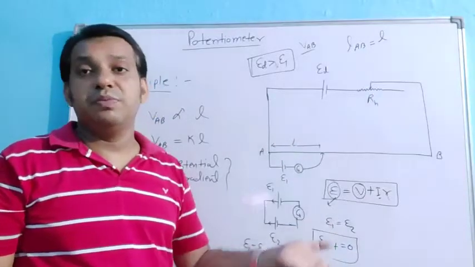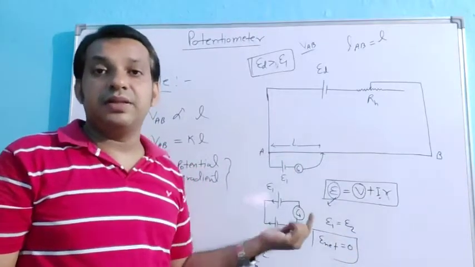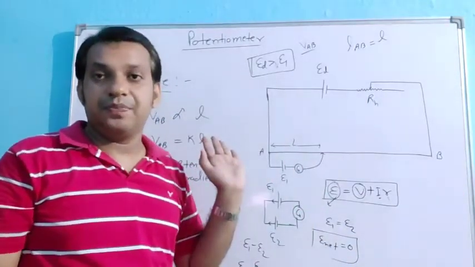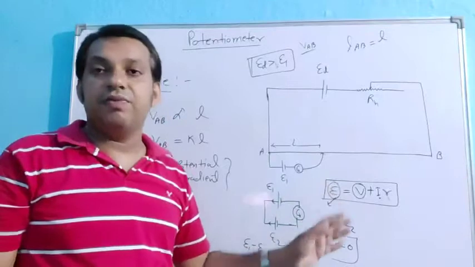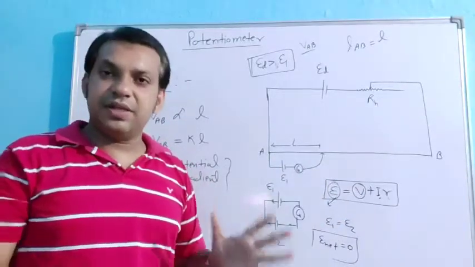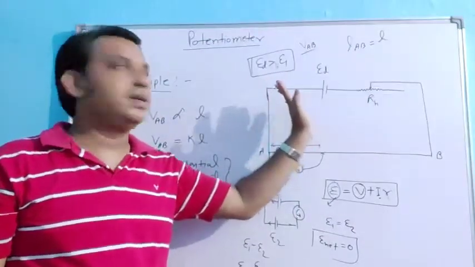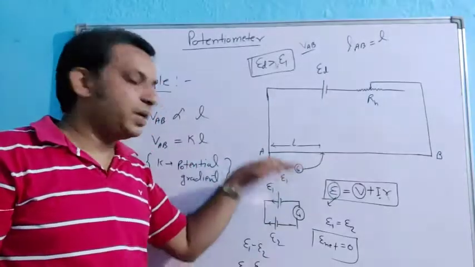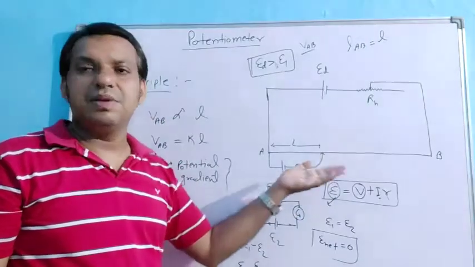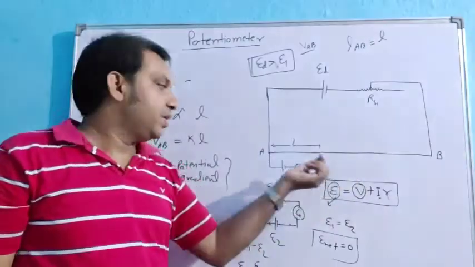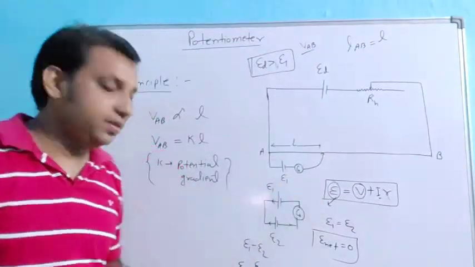That is why it is mentioned you have to make the primary cell of the given normality. For the given normality, you have to make the primary cell and then find the EMF. It is mentioned in the syllabus. So generally it is less than 5. So generally we prefer ED to be 5. Maximum you take ED as 5, and if it is 5, then automatically E1 is less than 5. So you get the value of E1 simply with the help of this slider, by finding where you get the null deflection.